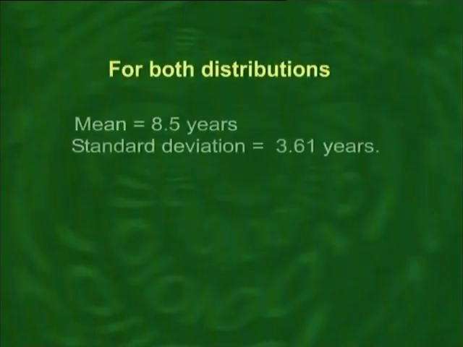The interesting point is that for both of these distributions, the mean age comes out to be 8.5 years and the standard deviation